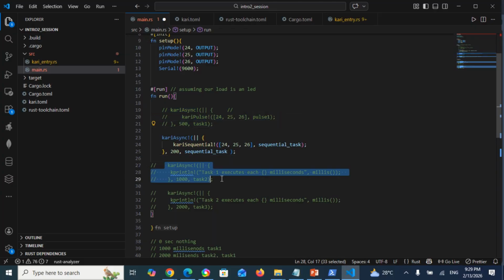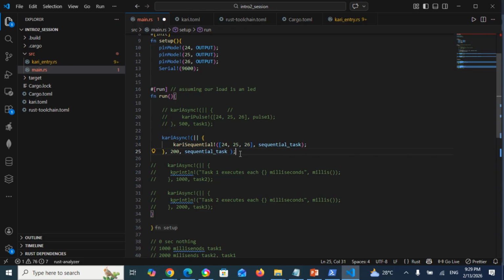You can be reading sensor data, you can be sending data via Bluetooth or anything, at the same time kariRS is blinking LEDs, which traditionally, as we have seen, we used delays for, and that would cause blocking of other tasks. So this is how kariRS